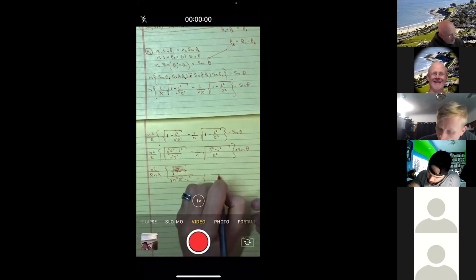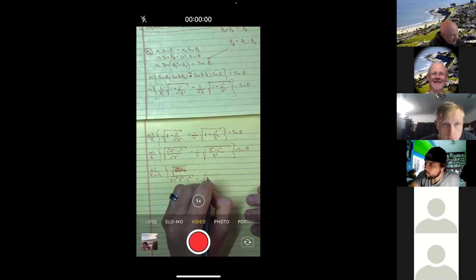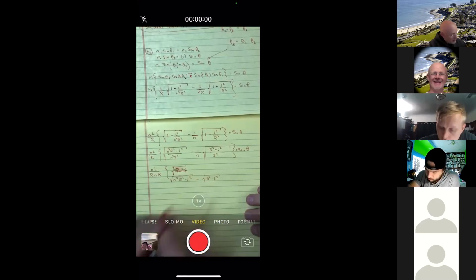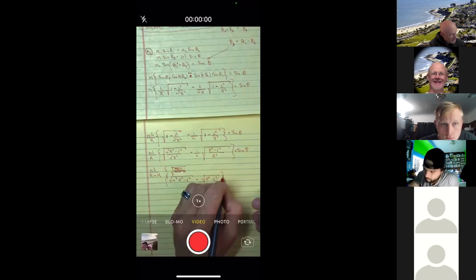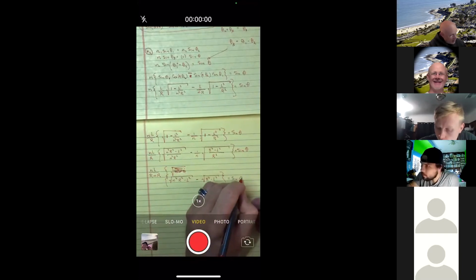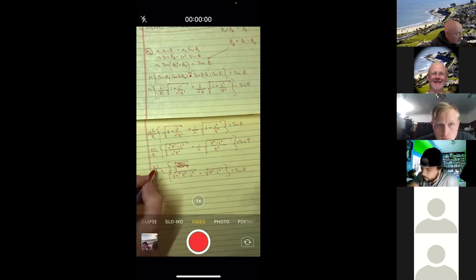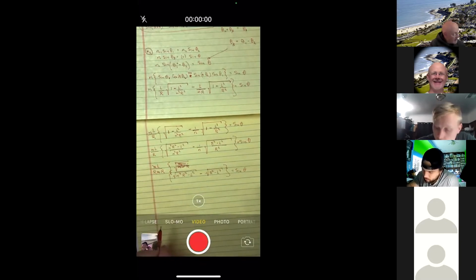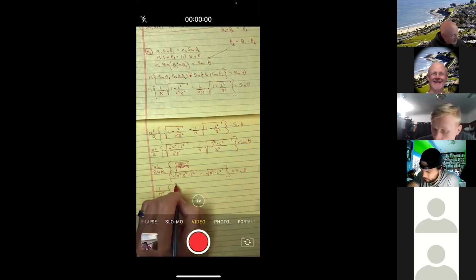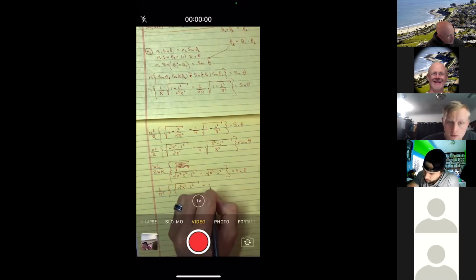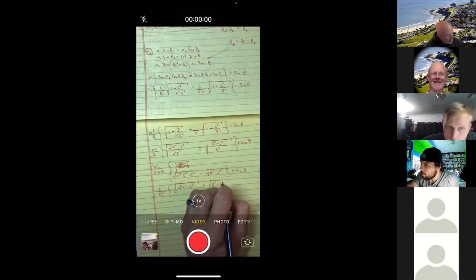And here I'm left with an R squared minus an L squared. And good. So there was some simplifying it could do. Looks like an N would actually cancel off there. And so you get an L over an R squared. And I think this is the best we can do. So then we have the square root of N squared R squared minus L squared, minus another square root, which is an R squared minus L squared.